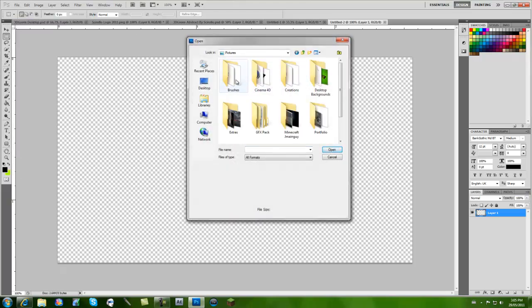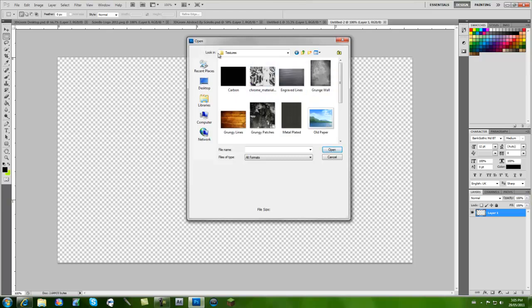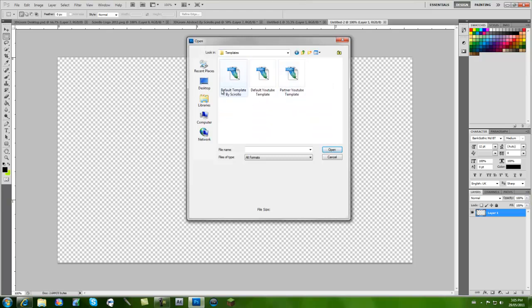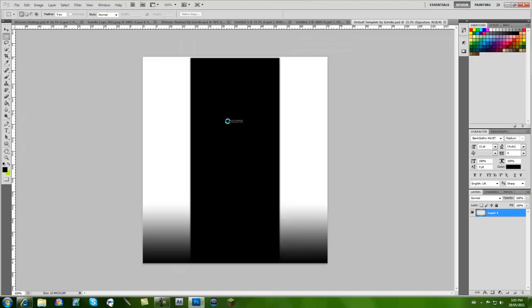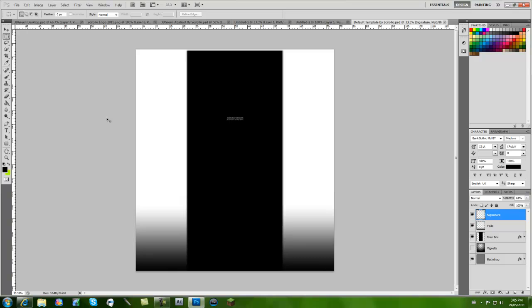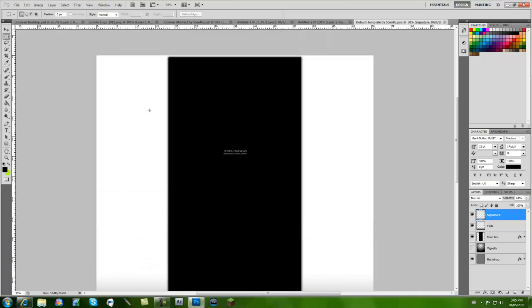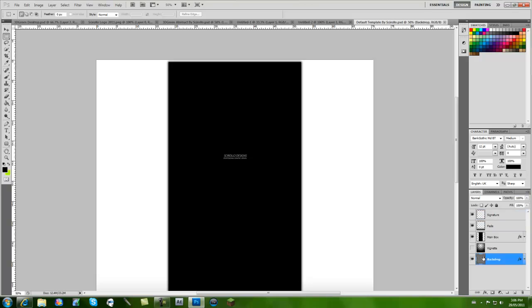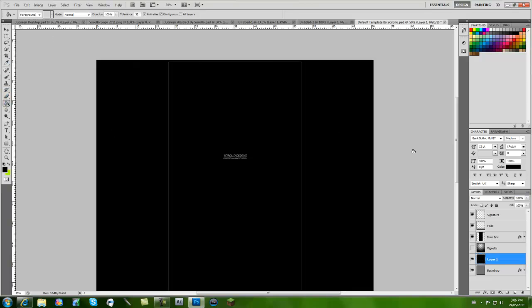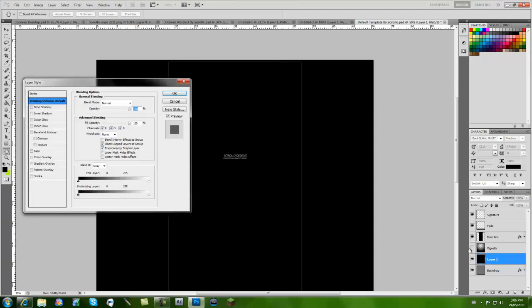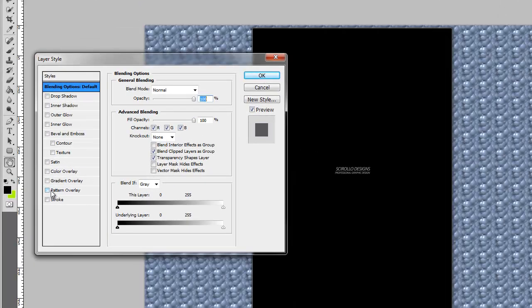just grab my template that I made. There we go. It's got my name there. Alright, so we're gonna try this. What some people do is they'll add down here, they'll add a new layer, take the paint bucket, go over it, and I already have my pattern made with a pattern overlay,